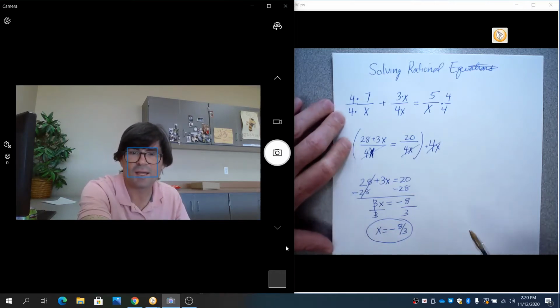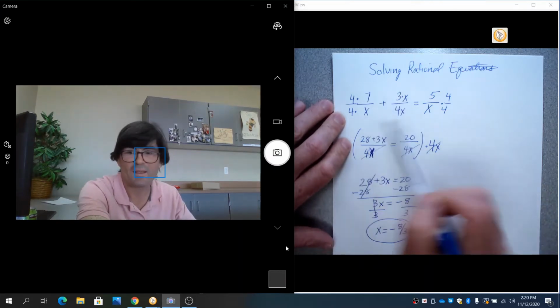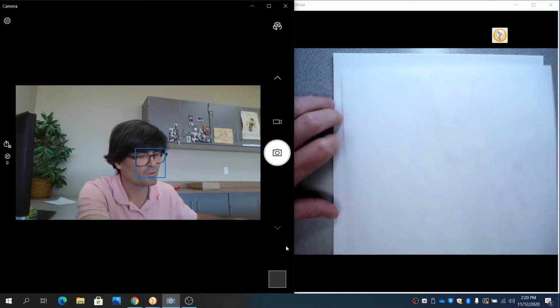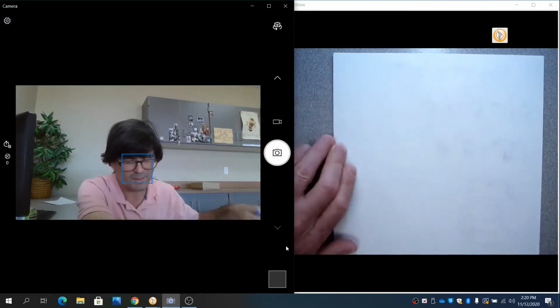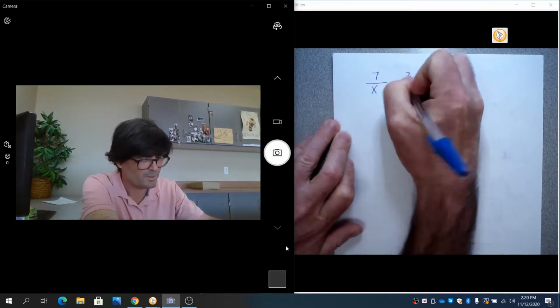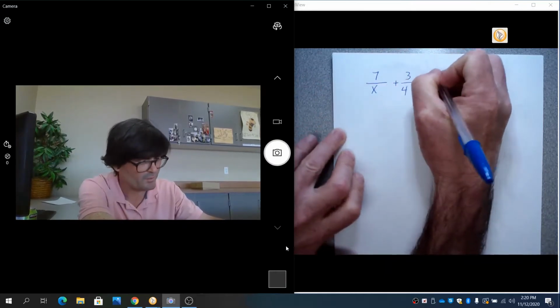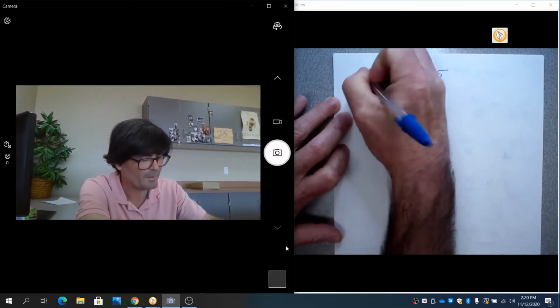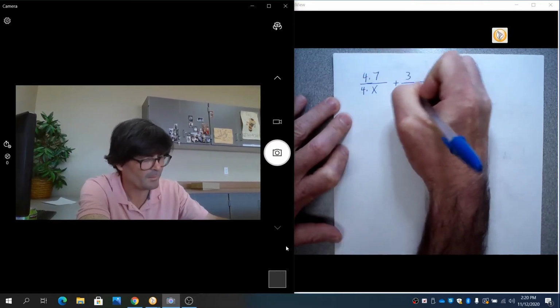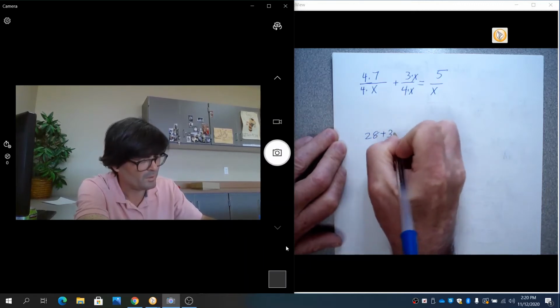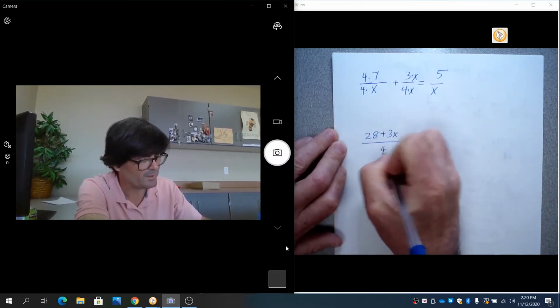Another way is to add the fractions together on the left. And then once you have one fraction equal to another fraction, you can use cross multiplication. So let's do this same problem again. 7 over x plus 3/4 equals 5 over x. Again, we're going to find a common denominator here, multiply by 4 on the top and bottom, multiply by x, and you get 28 plus 3x over 4x